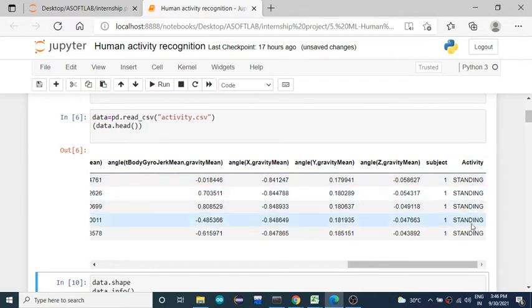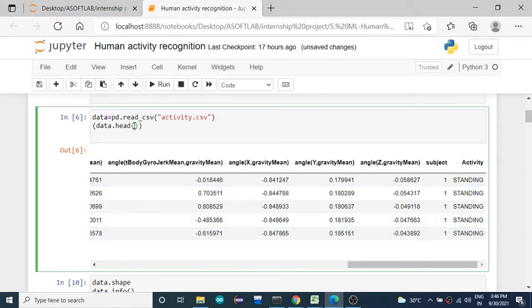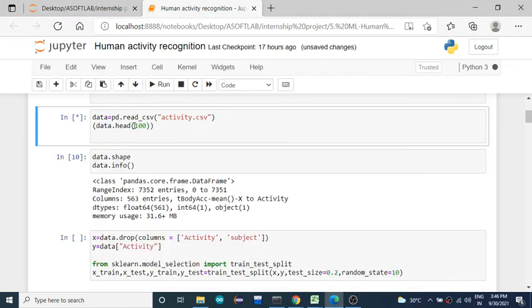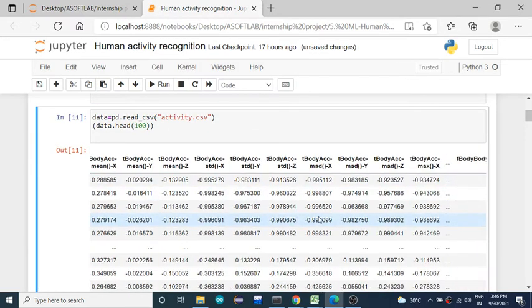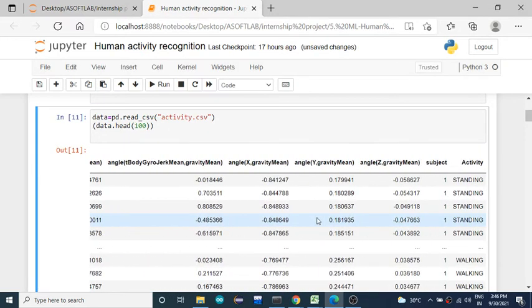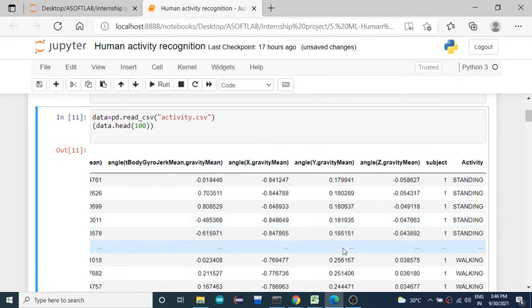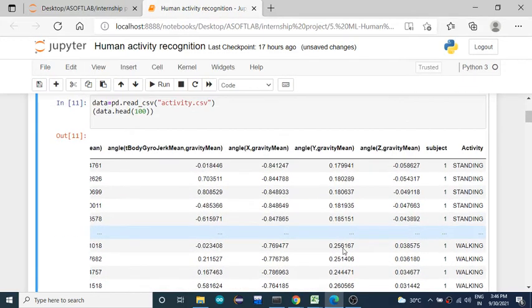Here is the output. This is the subject. As per the subject also we are going to find it. If you just export 10, 100, you can get multiple samples here. We can predict which subject, the student or human, is doing which activity.